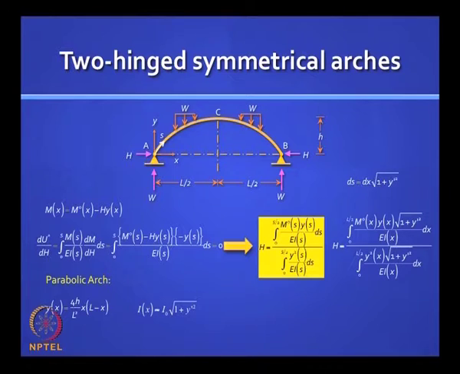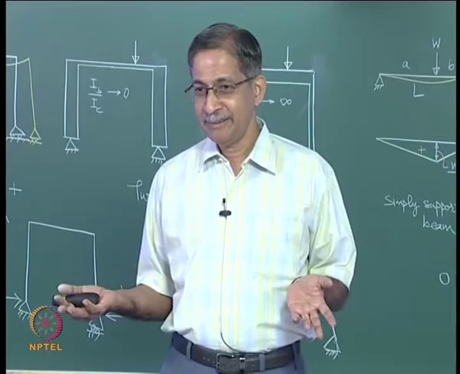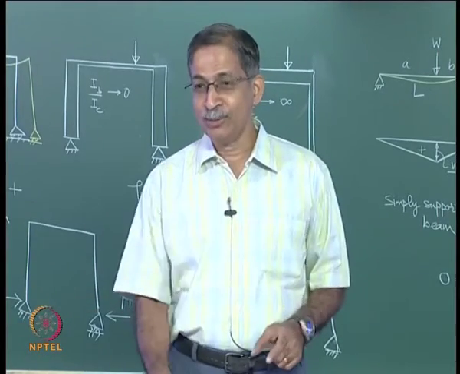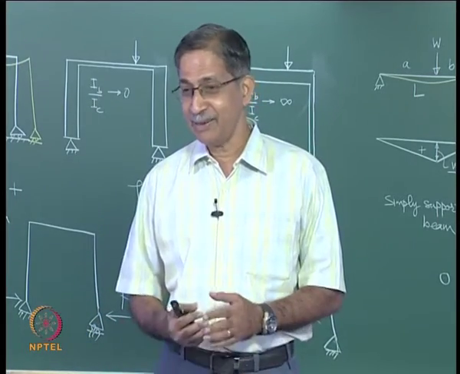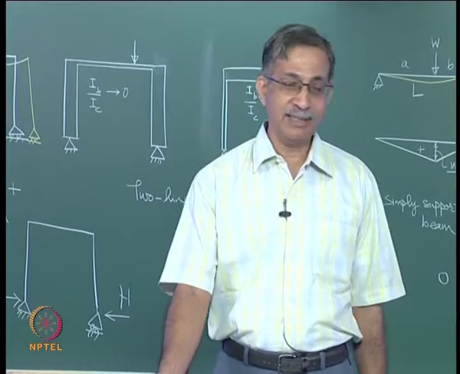So the formula for a parabolic arch is this, you can easily derive this to satisfy the boundary conditions. So this was the assumption made. Now do not worry, people do not really make arches to have exactly I equal to this, okay. But they often thicken it at the supports, and it does not matter how you do it, as per your convenience. You can even make it uniform and still assume this and go ahead, you will make a small error, we will see that error is not significant, but it is a tremendous reduction in your work.